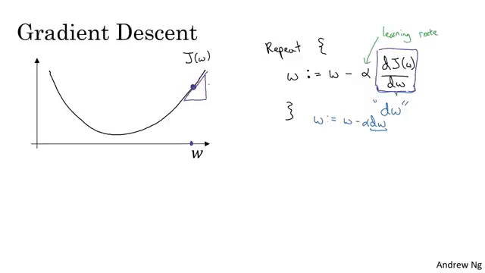And so here, the derivative is positive. w gets updated as w minus a learning rate times the derivative. The derivative is positive, and so you end up subtracting from w. So you end up taking a step to the left. And so gradient descent would make your algorithm slowly decrease the parameter if you had started off with this large